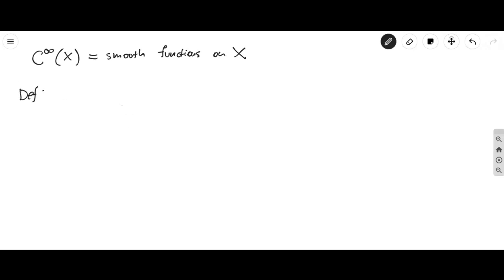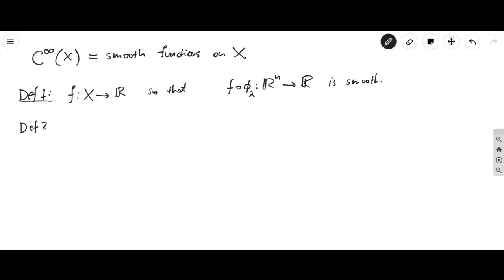So definition one, you would say that it's a function from X to R, so that if you do F composed with phi lambda, where this is just a lambda chart, then the map from Rn to R is smooth. So that's one way of defining it. But the other definition, and this definition is actually more useful,